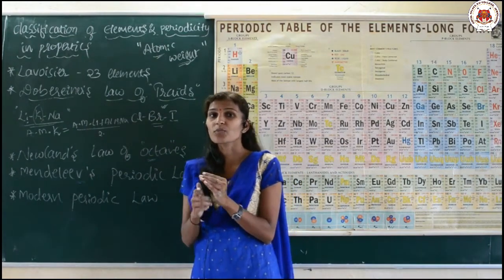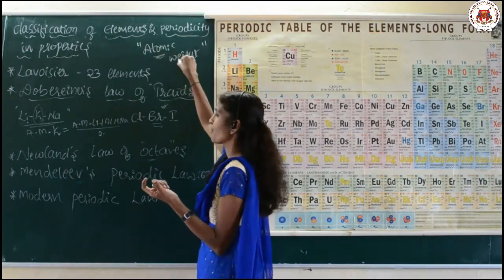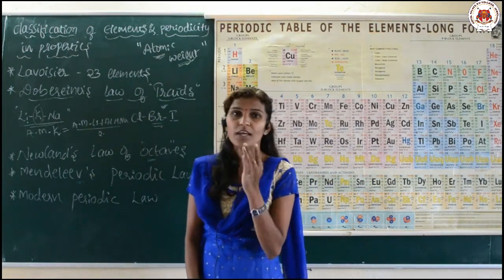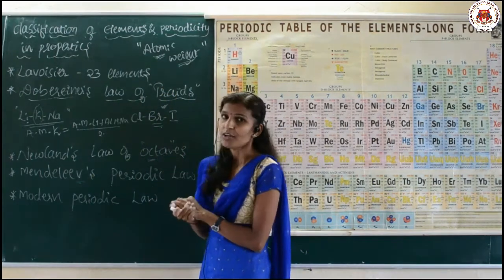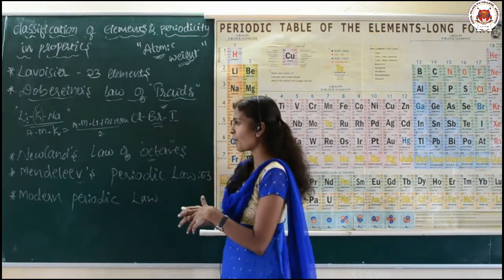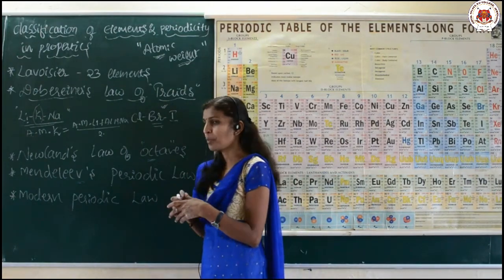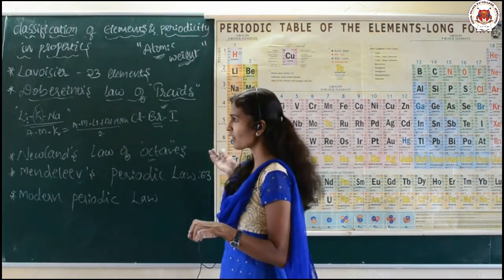The properties of the elements are the periodic function of their atomic weight. He said that the properties of the elements are the periodic function of their atomic weight. So Mendeleev discovered around 63 elements, and his periodic table was very useful for us for further discoveries,